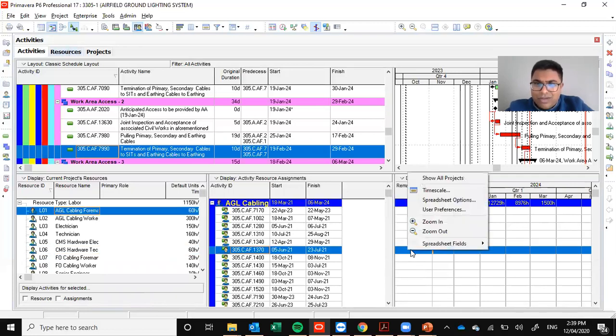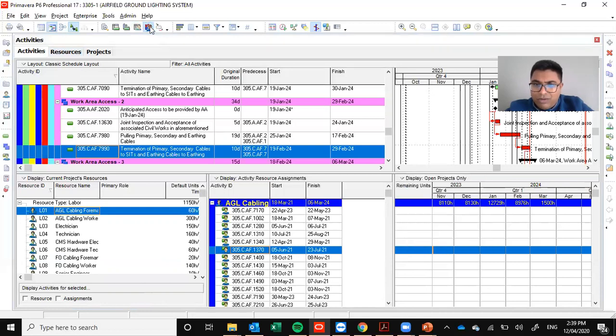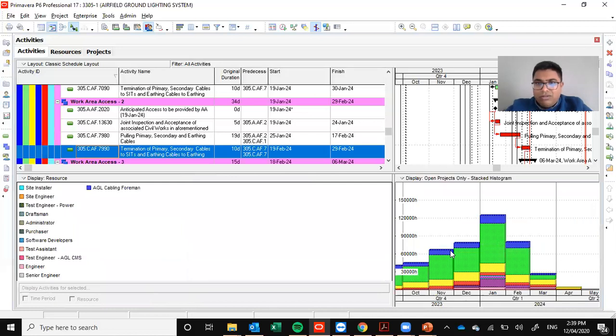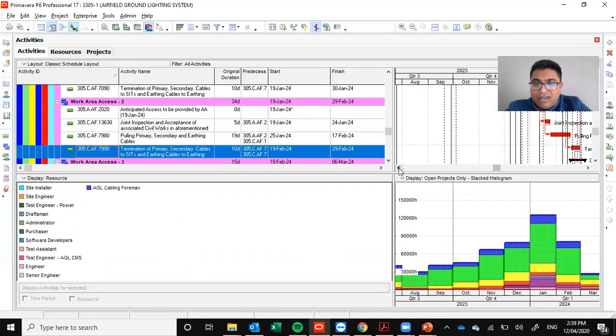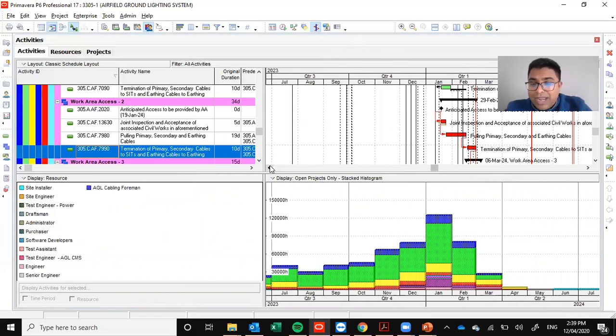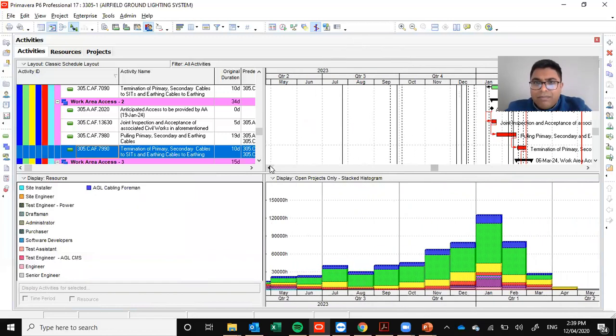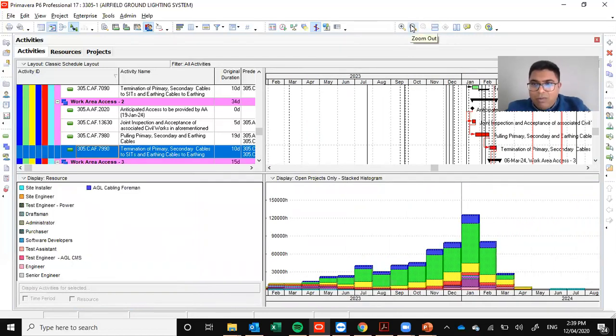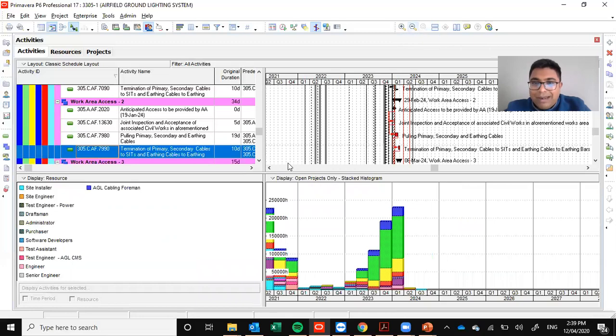Resource allocation is very simple. Whatever resource you need, you just put it. But then you need to stretch the activities wherein there is no way, even if you have more resources, like drilling a pile. Piling. How many of you have done piling? I don't know, but